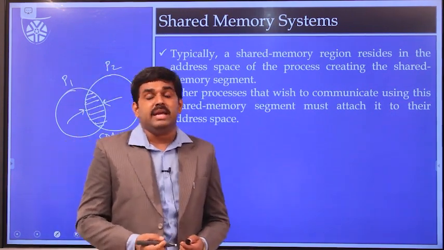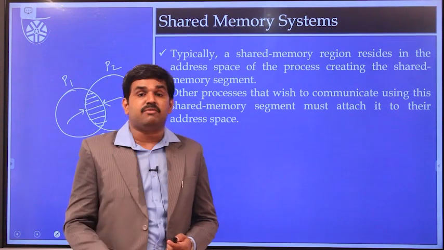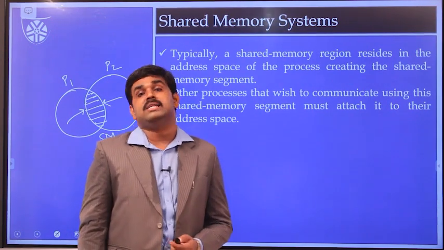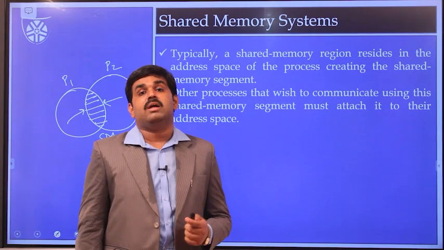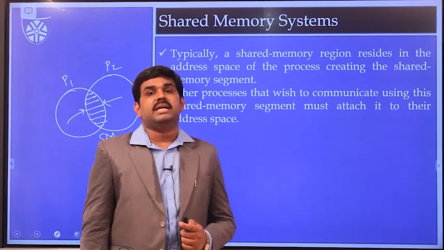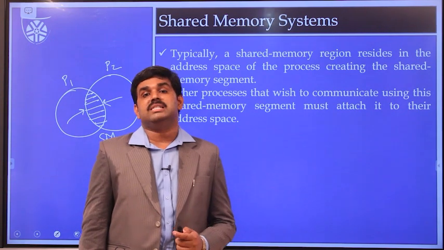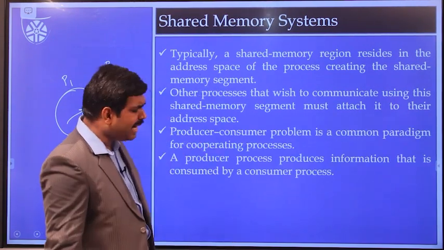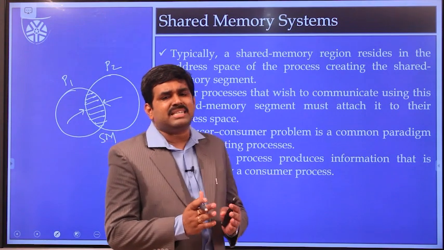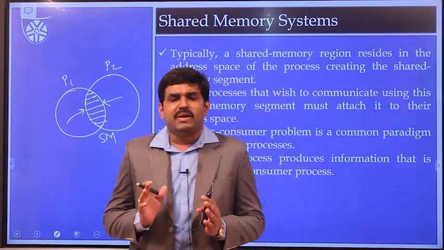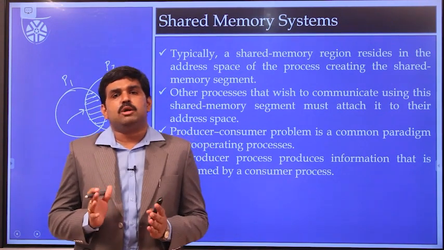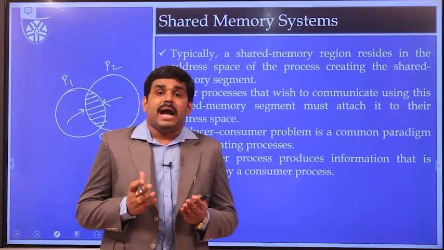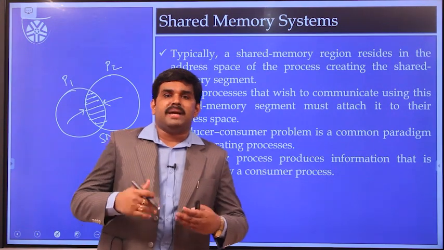Implementation of the shared memory is costlier than the implementation of message passing systems, because in message passing systems there is no requirement of IO device, but in the case of the implementation of shared memory, the cost is associated with it. Thereafter, the shared memory problem is just like a producer-consumer problem. For example, the producer is a process used to produce the items,